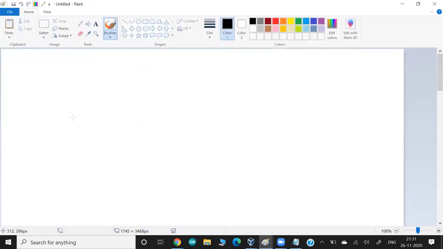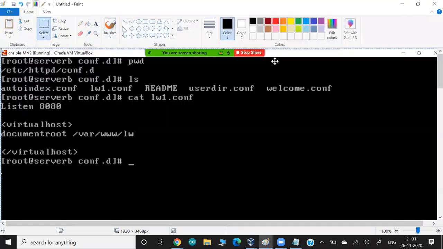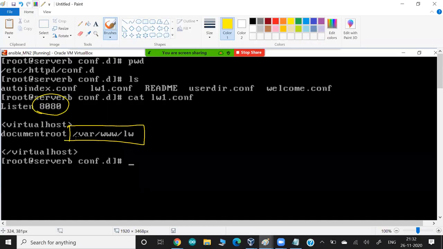After you restart the Apache web server program, it works on port number 8080, and any web pages that you want to copy, run, or deploy, you have to copy over here. Technically, what I'm trying to tell you is that if you want to make this change, either manually or, in a minute, with the help of Ansible,